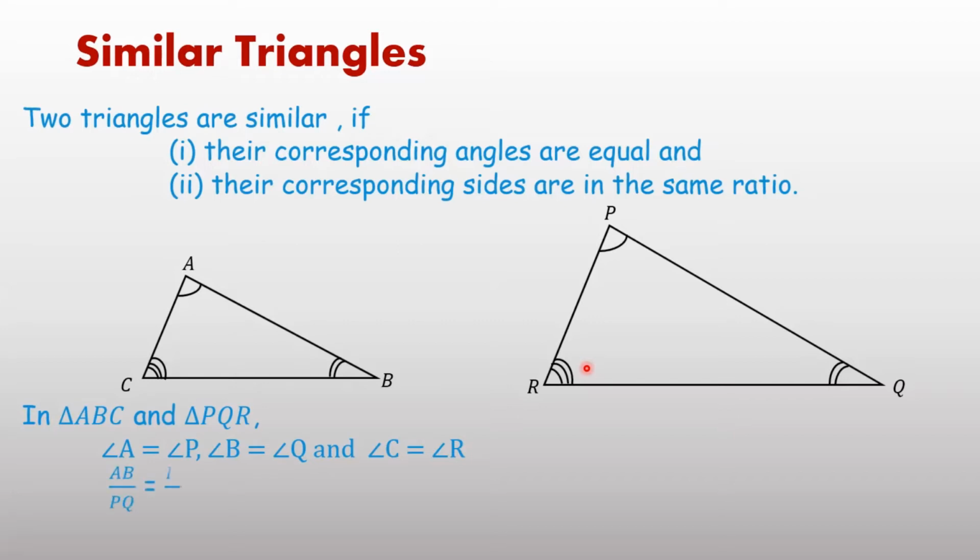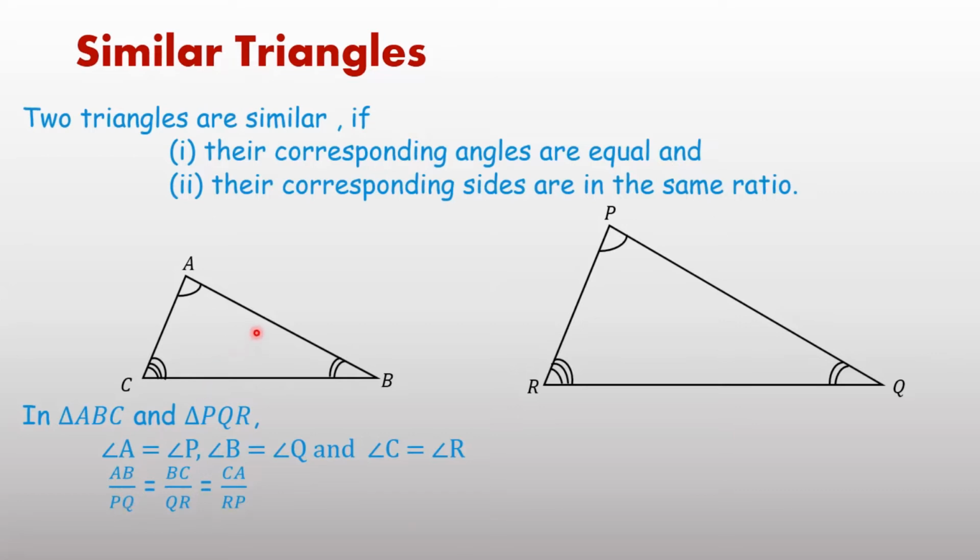Now second, corresponding sides. For corresponding sides, one method I am telling you that's very easy. In first triangle, write down three sides in numerator: AB, BC, and CA. Just I have written in numerator AB, BC, and CA. In denominator,